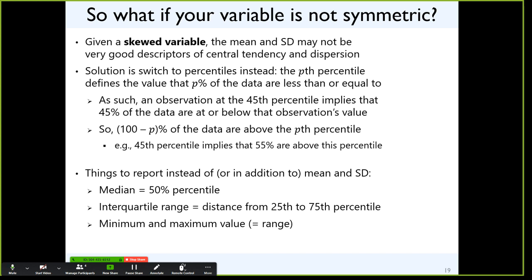They're also used to try and deal with unwieldy data in terms of things that are highly skewed, have extreme values, or both. And so in those sorts of cases, people might report the median, which is the 50th percentile, the interquartile range, which is the difference between the 25th and 75th, and then minimum and max is always useful to report, no matter what. The range is always something that you would have.